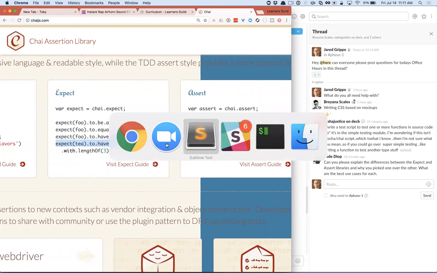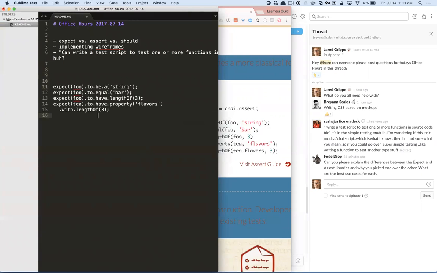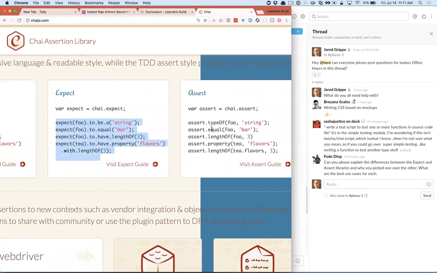What I really like about expect is, and they don't have an example of it here, which they should, that you can take any one of these and you can just negate them. You can say expect these to not, and it just flops them, right? And so with assert, I'm not exactly sure how you do that.